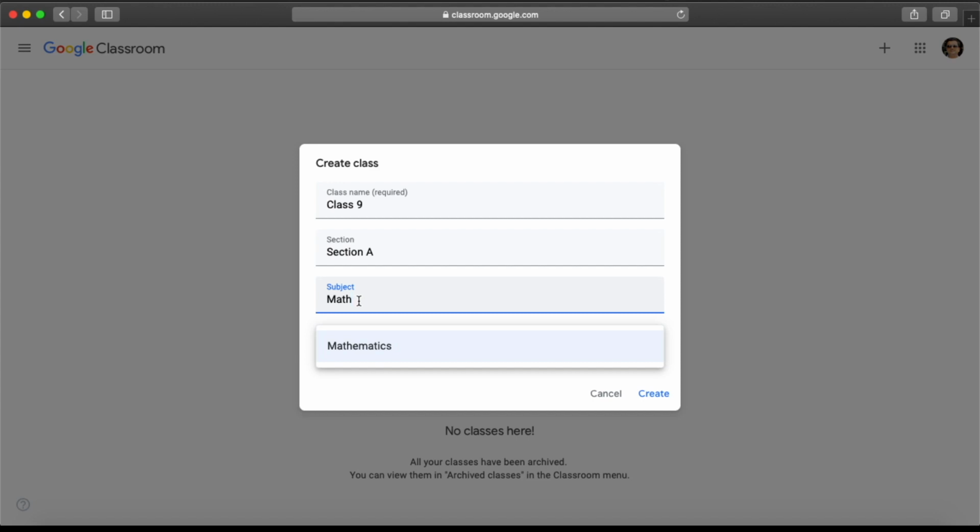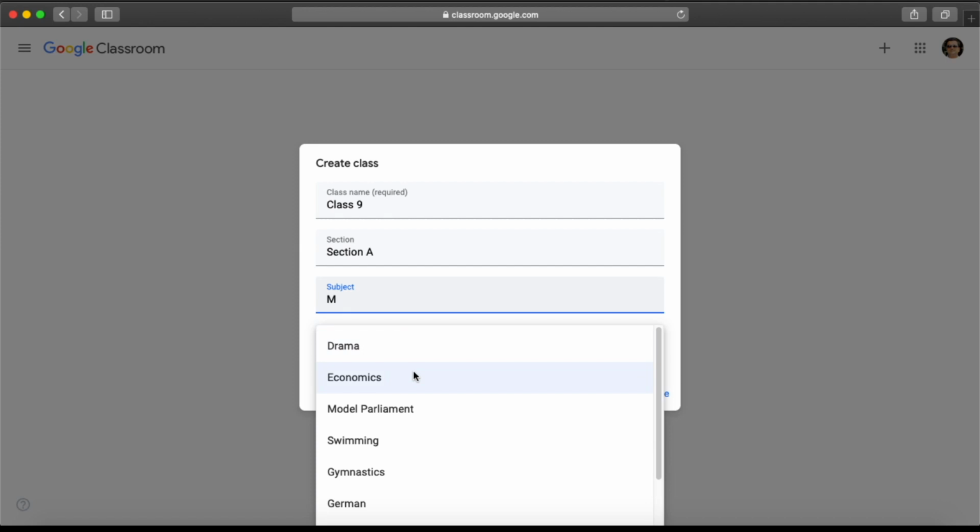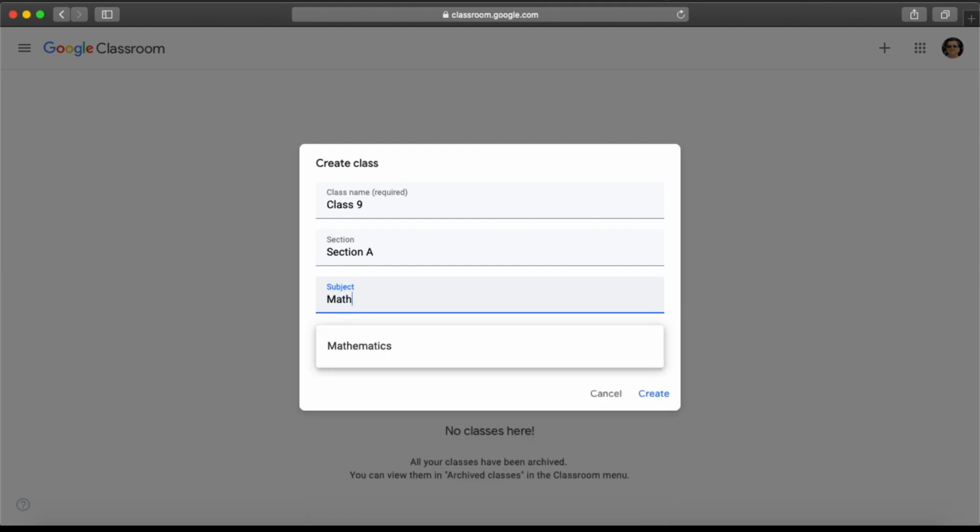Similarly, if you just start typing one single word, it will show you multiple different options, including that particular letter. So this is one way you can choose from. So let me type math again and click on mathematics. The fourth text box is room. So in case you have a classroom, you can mention it. That's absolutely up to you. So once you enter that, let us click on create.